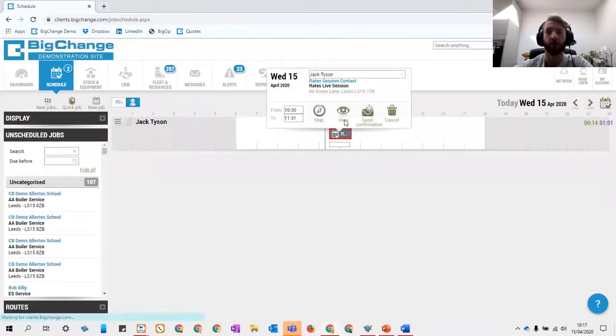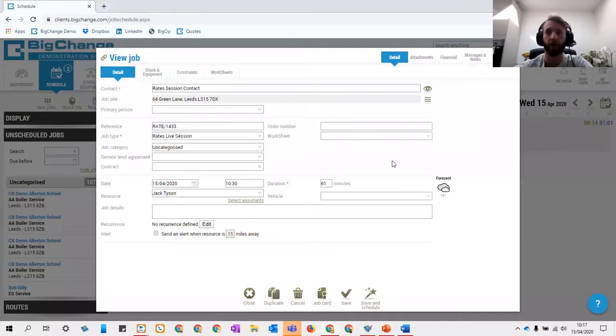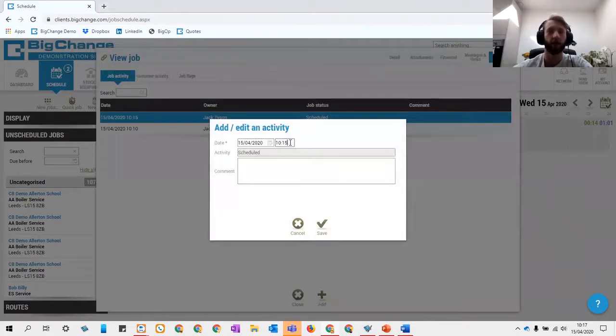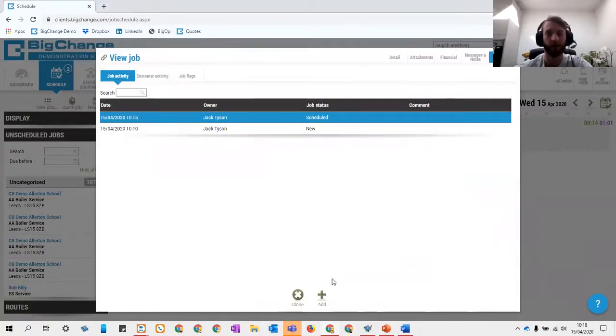For those of you who don't know, I'm not sure if all of you will be aware of this, but in the activity section of every job, you can see all the activity times. You can see that I've created the job, scheduled it in, and if it was a completed job, you would have on the way, started and completed. And if you have the ability to do so, you can edit these times, or you can add them in manually, as we're going to do now,